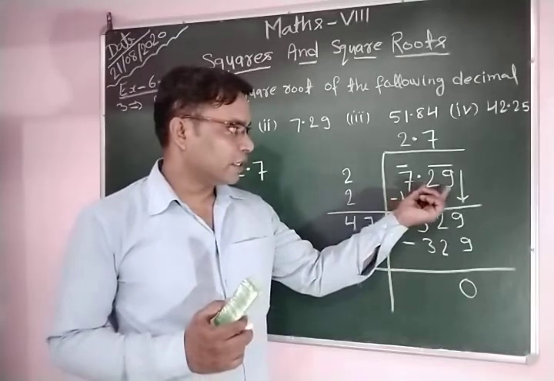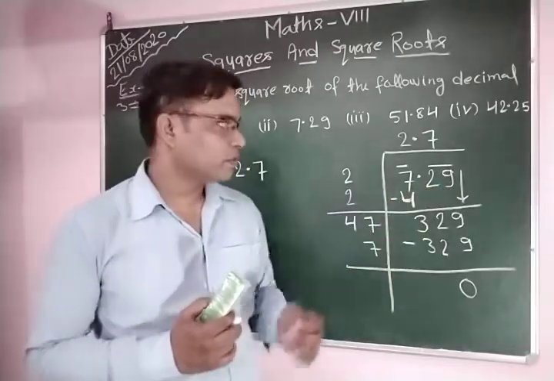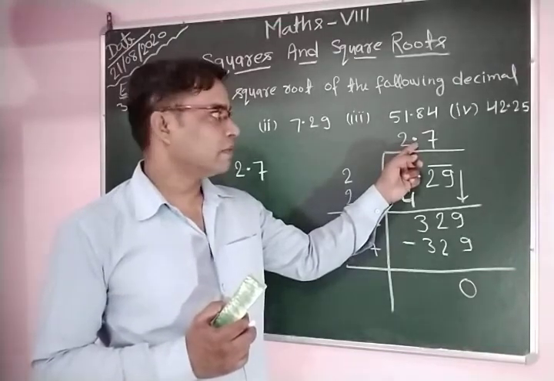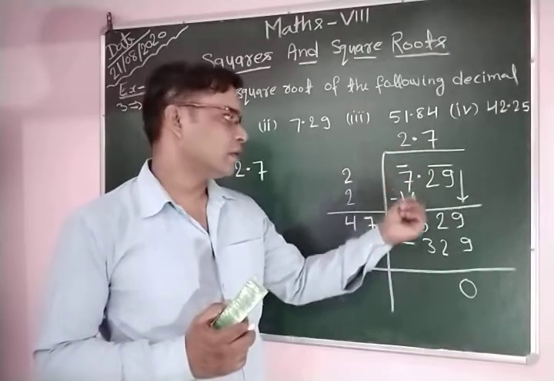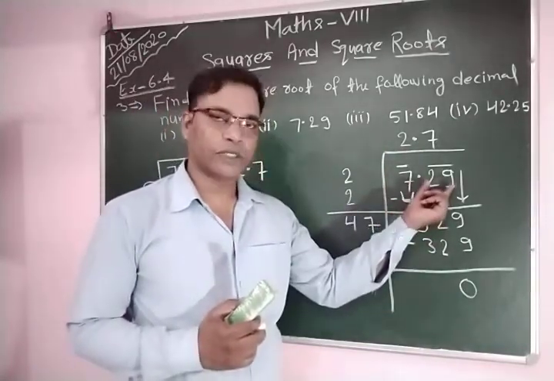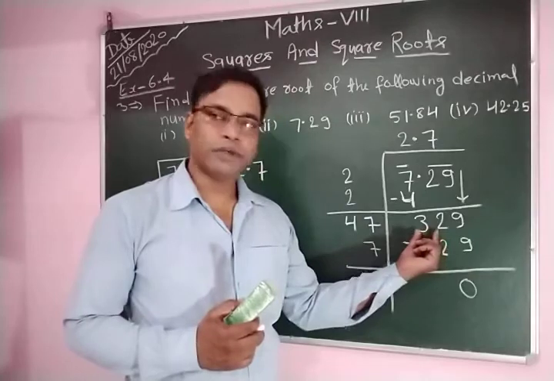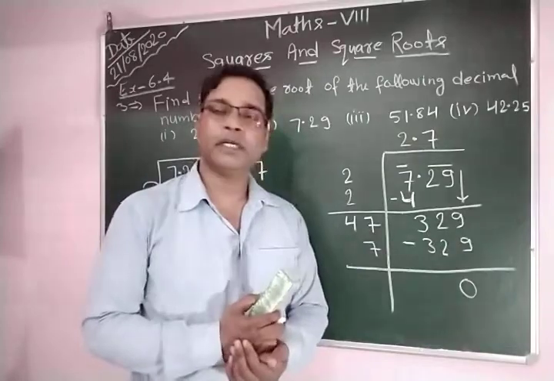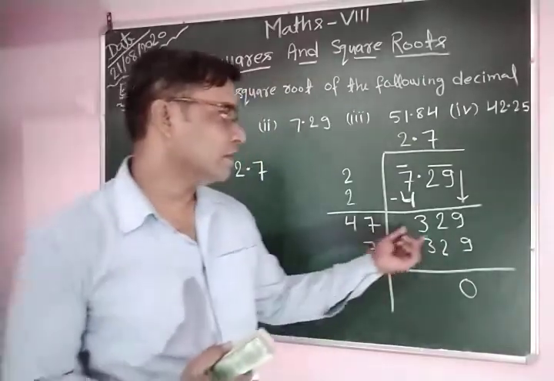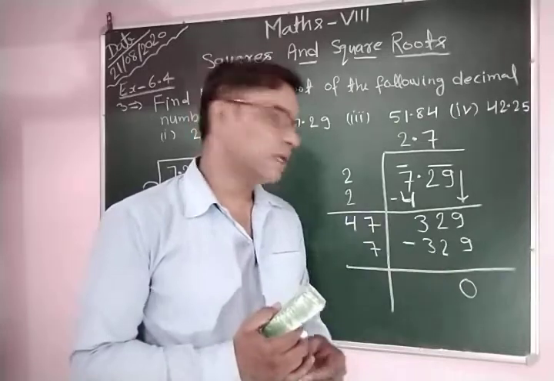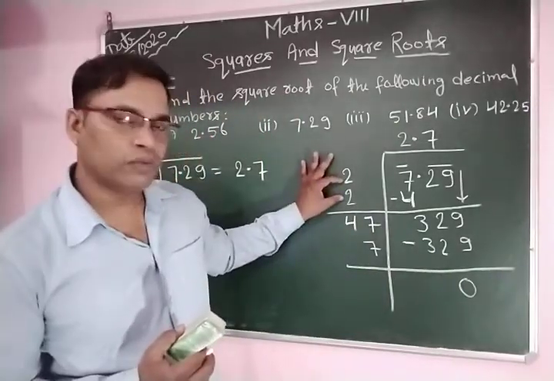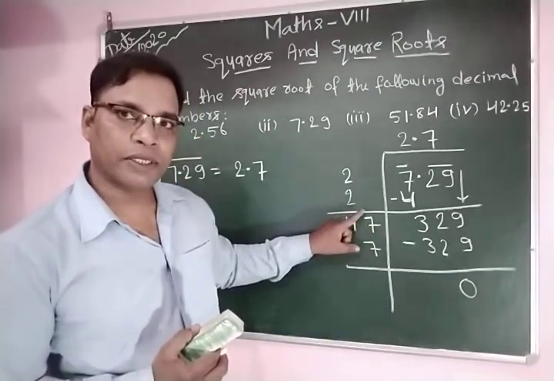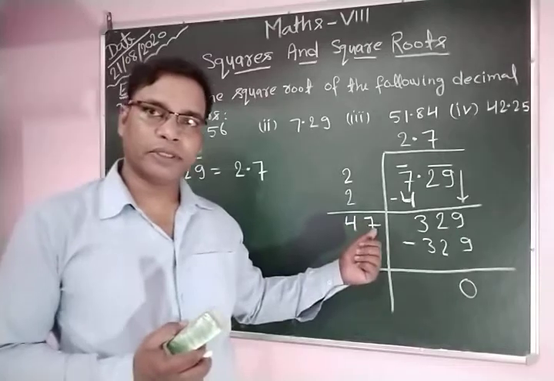After this the next pair is the decimal pair. So first we put the decimal in the quotient, to the right of 2. You can see after 2. So after this we bring down this pair 29 here, and 3 is our remainder. When we bring down 29 and write here, it becomes 329. This is our new dividend. Okay, now here we add 2, and 2 plus 2 we write 4, and we leave space for one digit. Okay, we enter numbers.